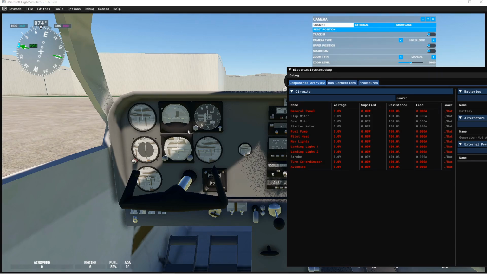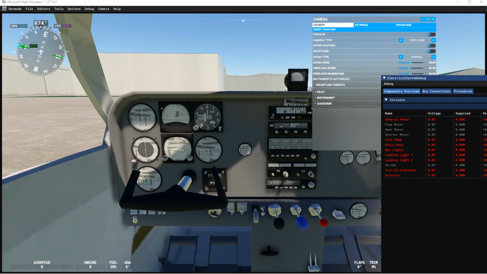Well, there you have it. We have the first animations inside the cockpit. In our next episode, we'll look at the next part of our add-on build. We'll continue with a bit more complicated animations, the levers. So let's have a look at getting the throttle, prop, and mixture levers working, perhaps the parking brake, and look at the